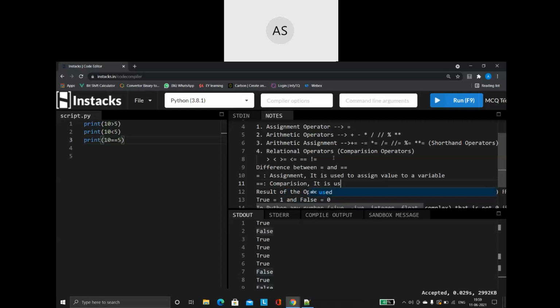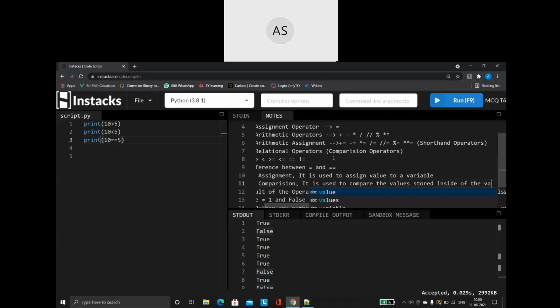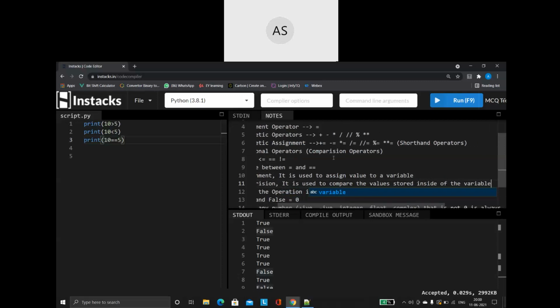It is used to compare the values that are stored inside the variable.